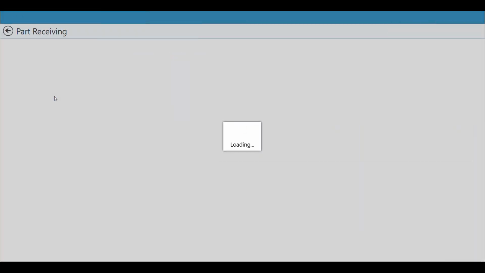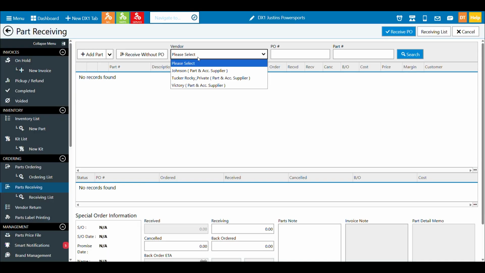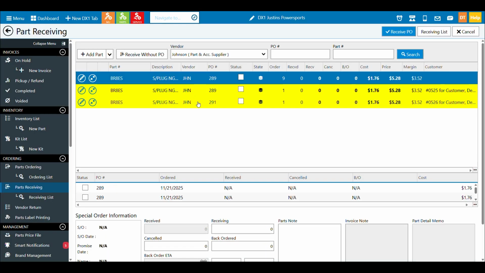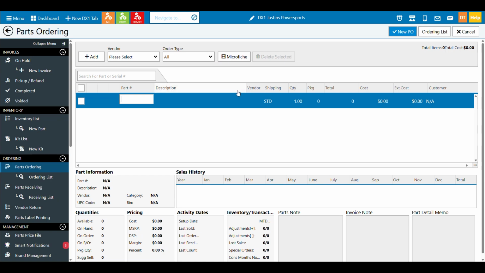Now that will be moved. And if I go over to the receiving screen, which will be covered in another chapter, but for the sake of this, we can see here again that the customer order has moved from the ordering screen to the receiving screen, attached to the existing PO 291. So again, we're not ordering an additional part. So that's a smart tool to make sure that you know how to use.